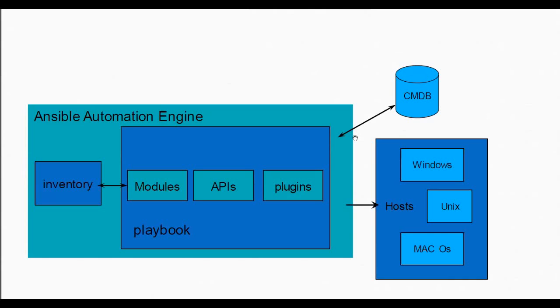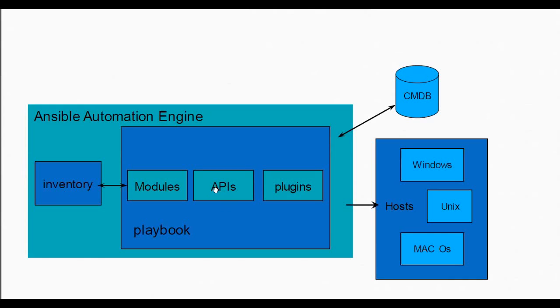Inventory is a list of machines that I want to manage. So all the hosts on the right hand side, Windows, Unix, Mac OS, and so on, should have an entry of its name, as a host name, or an FQDN, or an IP address of any of these machines. And that should be listed in a simple text file, which is going to be called an inventory file. The way inventory files are maintained is a separate discussion that we'll go through. There's a way you can manage this inventory file and make it more manageable, so we'll discuss that as well.